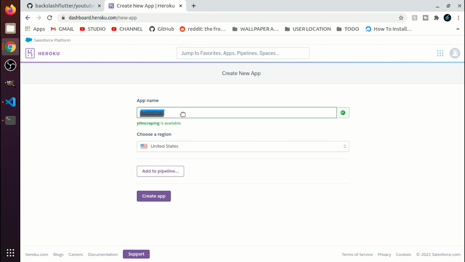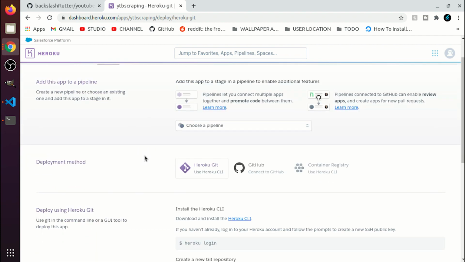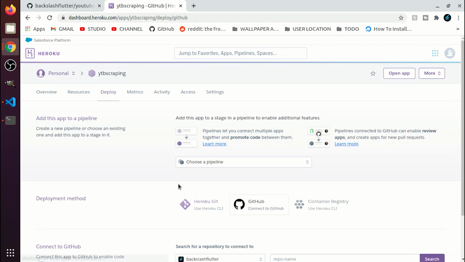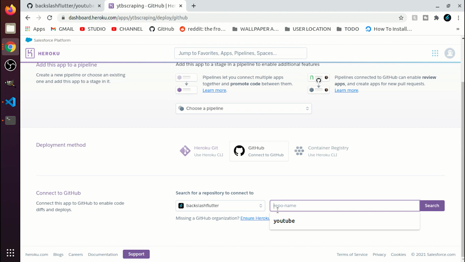Okay, now what we need to do is connect to GitHub. I already have my GitHub installed in Heroku. You can see this is very easy. You can just, and I'll write